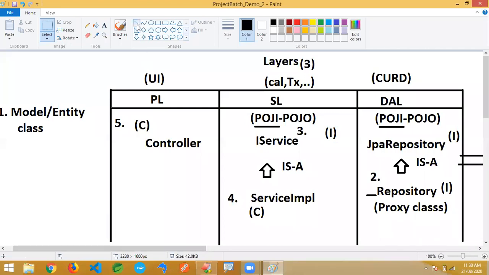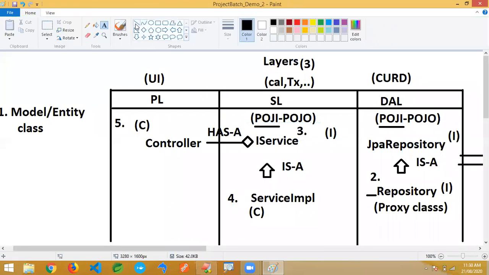Now, if you look at the relation from layer to layer, presentation to service layer, service to data access layer, the relation created is has-a. We can also call it association mapping in Java.